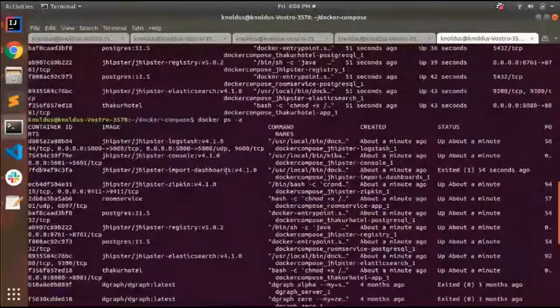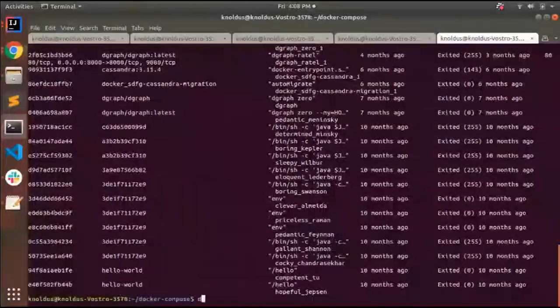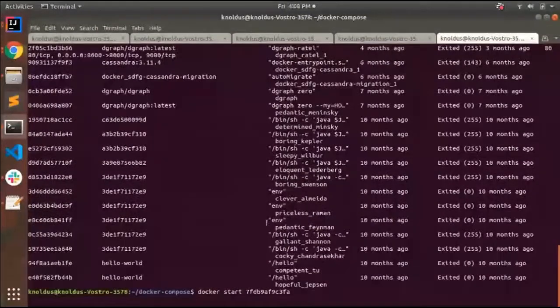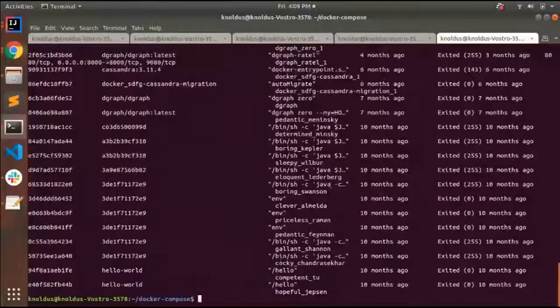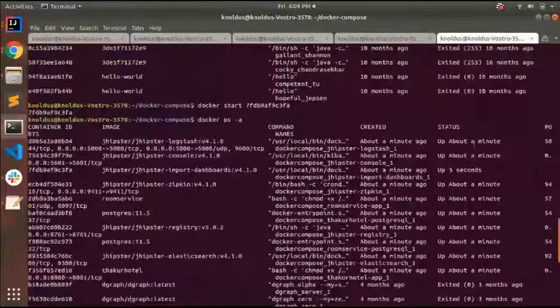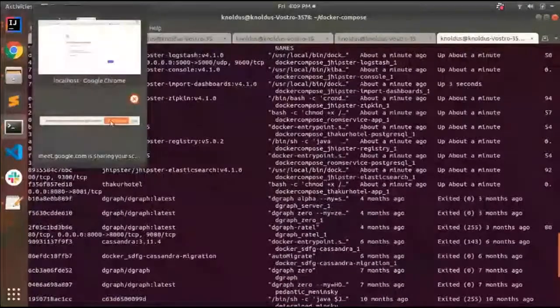Okay, here we can see that the JHipster dashboard got stopped, so we can restart it again. That's why we are not able to log into that. Now we can see everything is up. We will be able to log into it.